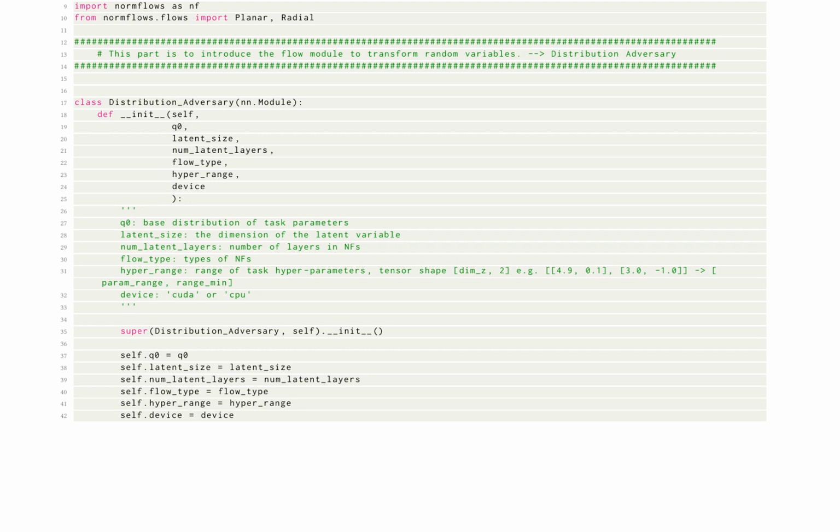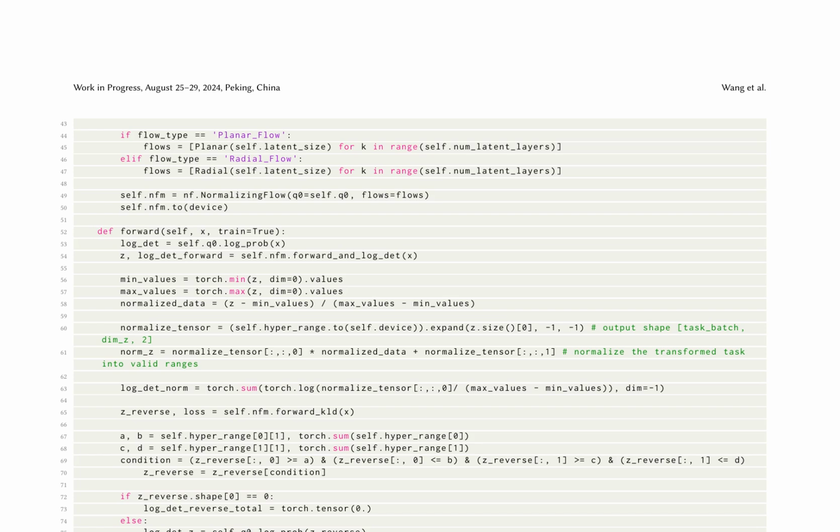They introduce the flow module to transform random variables, which is part of the distribution adversary. This module is designed to take a base distribution of task parameters, the dimension of the latent variable, the number of layers in the normalizing flows, the type of normalizing flows, the range of task hyperparameters, and the device, CUDA or CPU, as inputs. In the normalizing flow (NF) model, the implementation details are crucial for its successful integration with